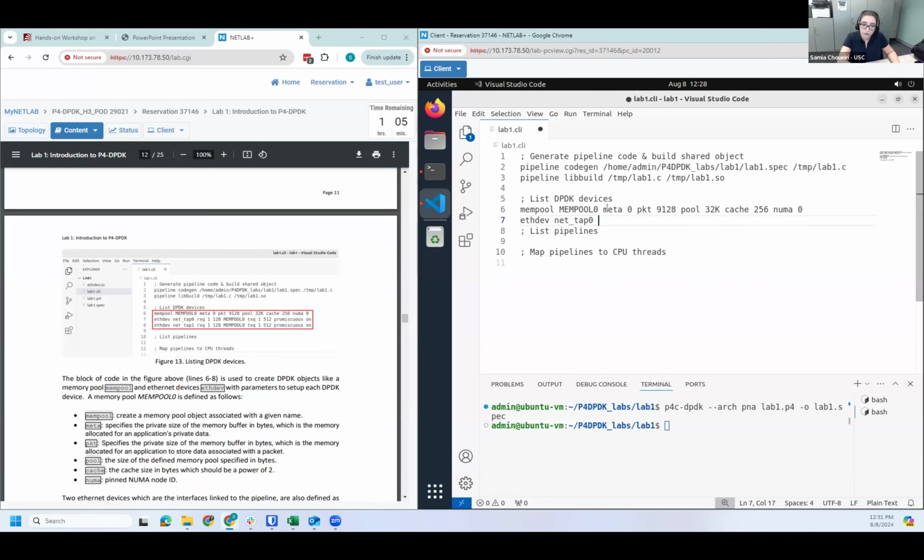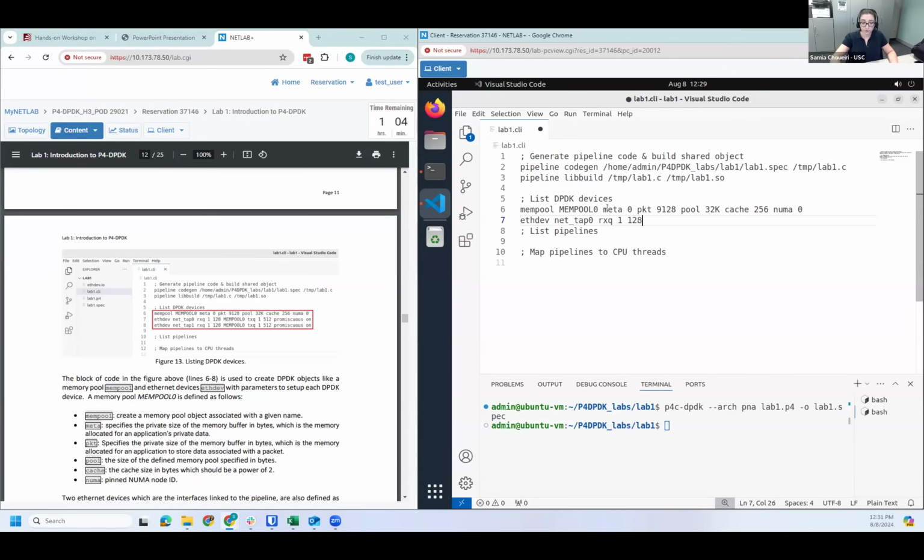So for the first Ethernet device, we are going to use one receiving queue and one transmitting queue. So RxQ is going to be the flag, after which we specify the number of receiving queues,